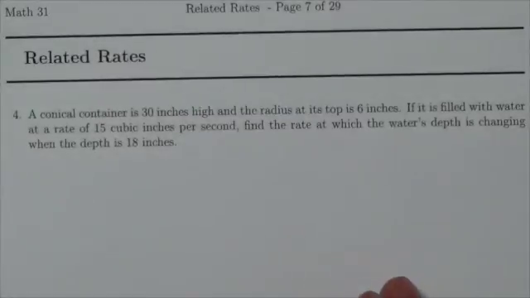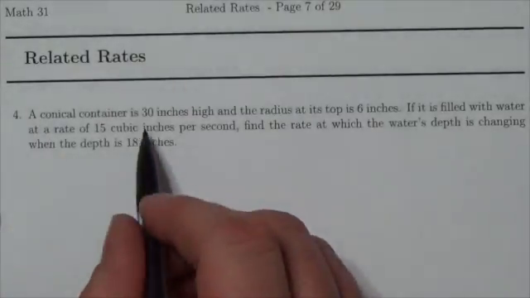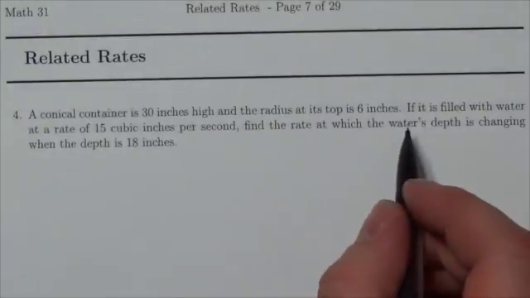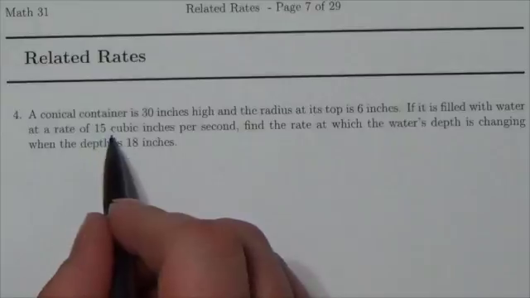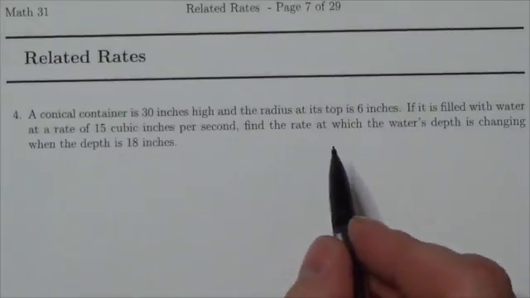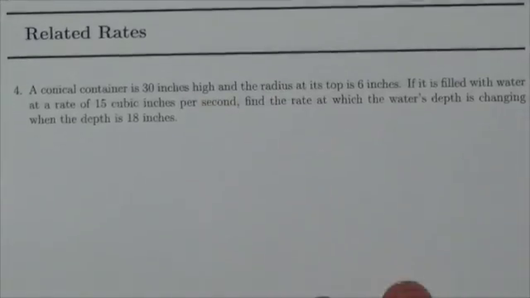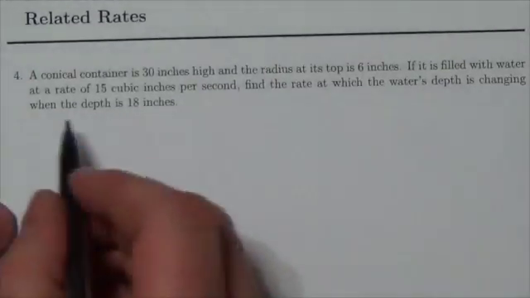So in this related rates question, we read that a conical container is 30 inches high and the radius at its top is 6 inches. If it is filled with water at a rate of 15 cubic inches per second, find the rate at which the water's depth is changing when the depth is 18 inches. Okay, so what we've got here,